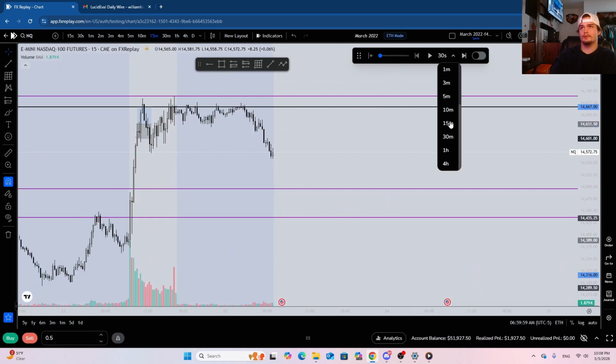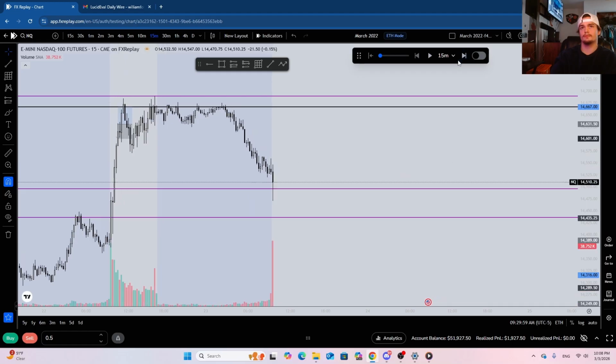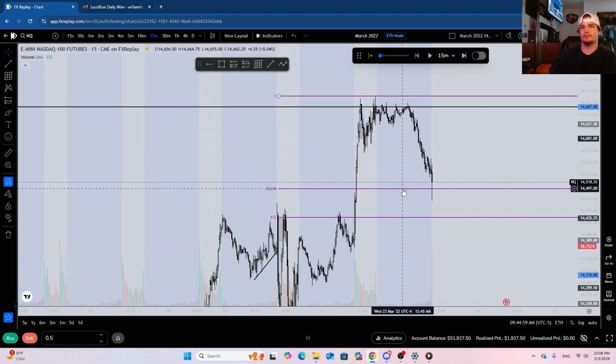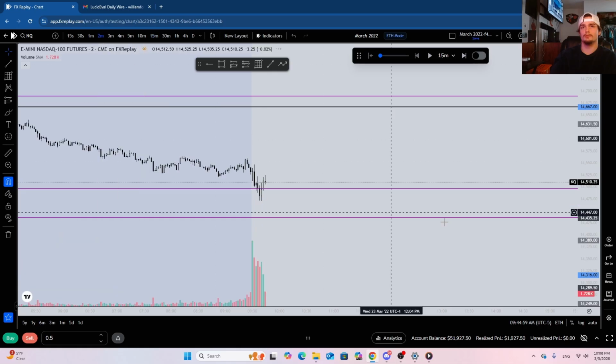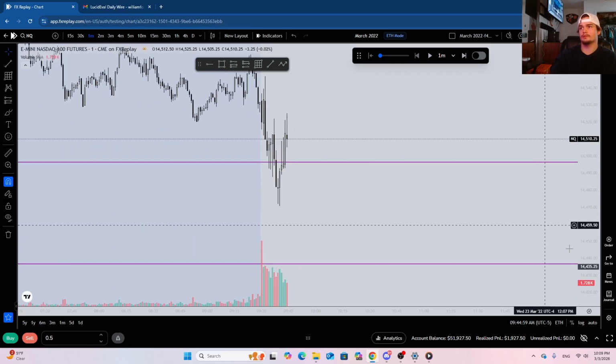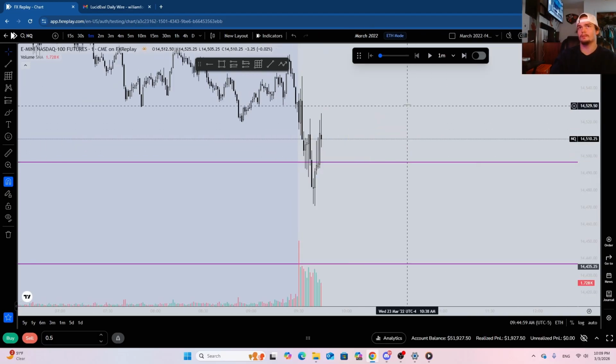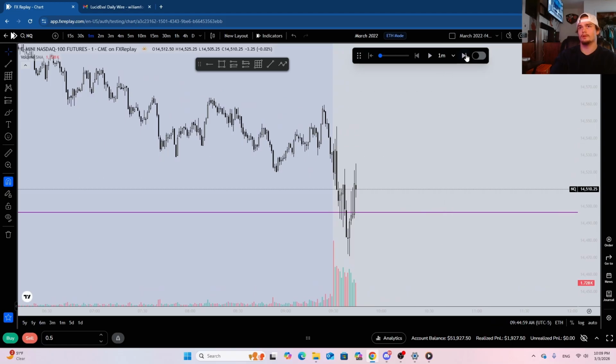Let's go to the 15 minutes, see what happens. Hopefully we don't get price coming into this. Okay, so now price comes into it, we're not yet into equilibrium. Pretty choppy price action. Let's see if we have any news. Of course, we have Powell spoke. Oh, Powell spoke at 8 a.m. Didn't really do much. Okay.